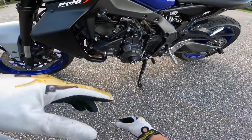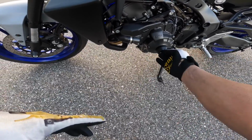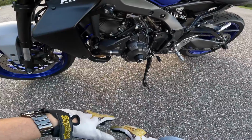And we also have this engine casing guard that's here. This thing is pretty nice in itself. What does this do? It protects this from getting damaged. So you have this here, you have this here. Super nice protection, guys. I would highly recommend it, and make sure that you pick it up, because guys, I've